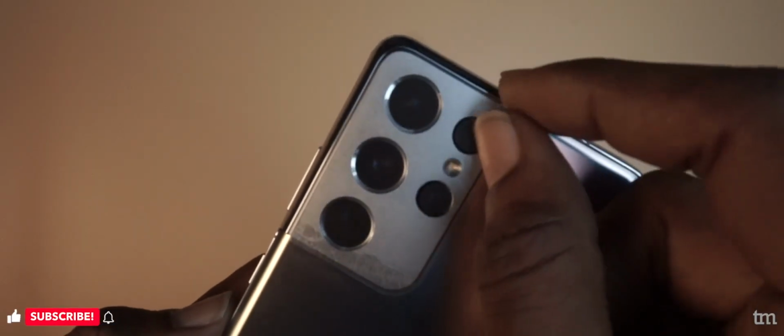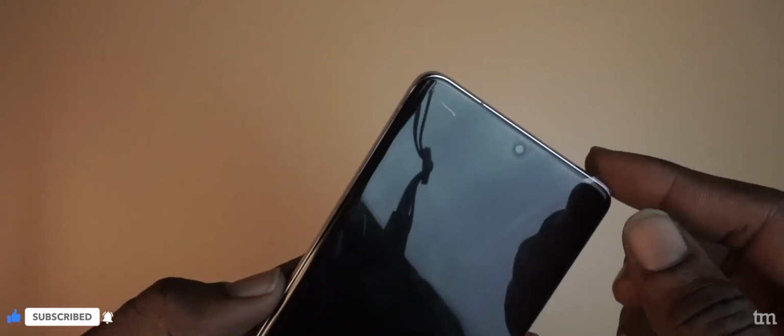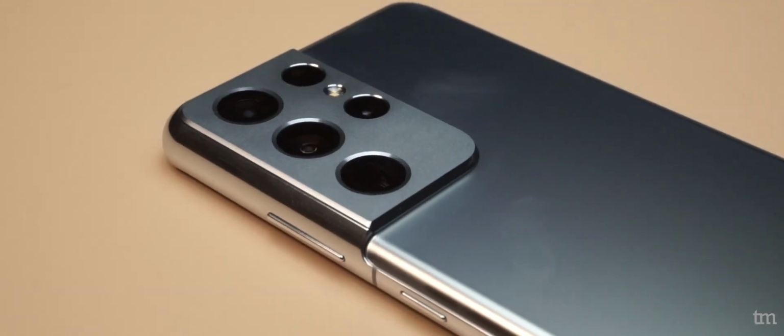I have been an only Apple user for a while now, but the Samsung S21 Ultra feels so good. Up to this moment, I still cannot find the right words to properly explain to you guys how good this feels. The star of the show is the camera design, from the framing to the camera array, housing 4